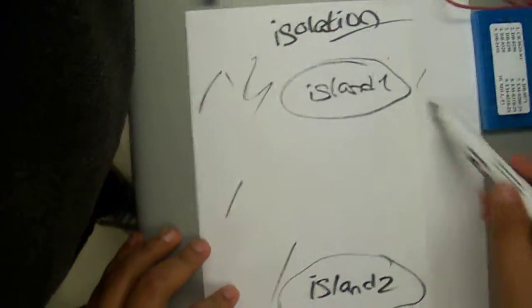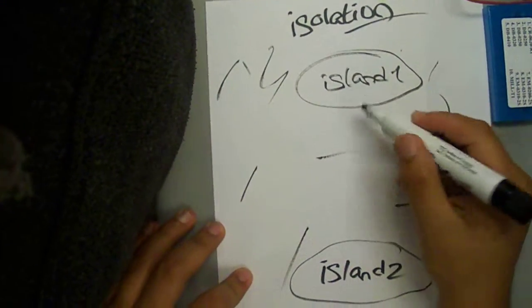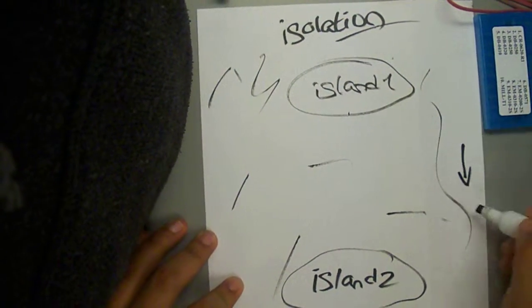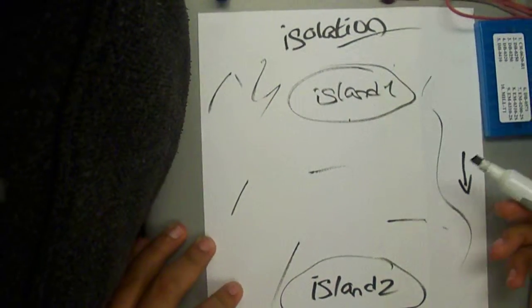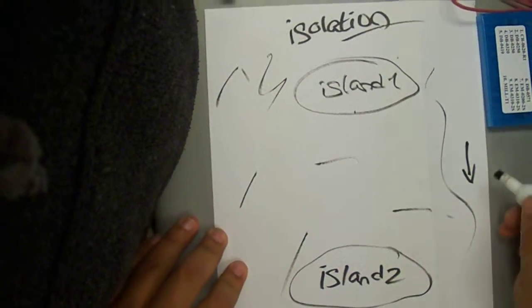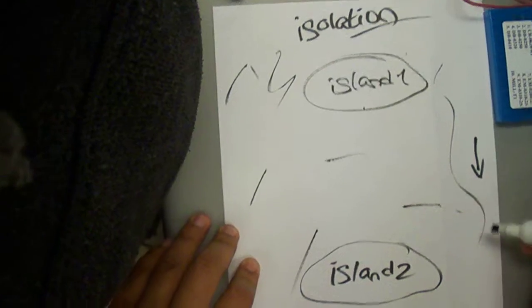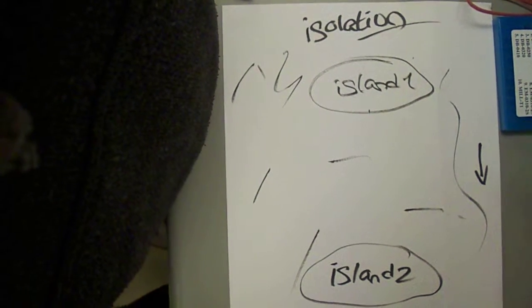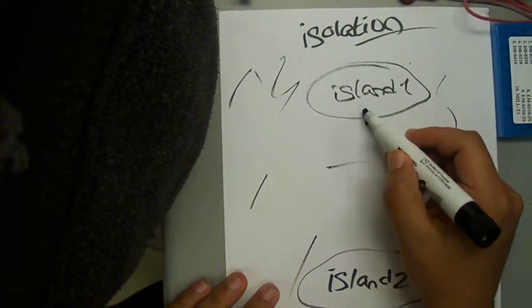And we got water all around, and let's say we got a continuous current flow from island 1 to island 2 because of the high tides or whatever you can call it. So basically there's a constant current that's flowing through island 1 to island 2, and we got some boats over here,